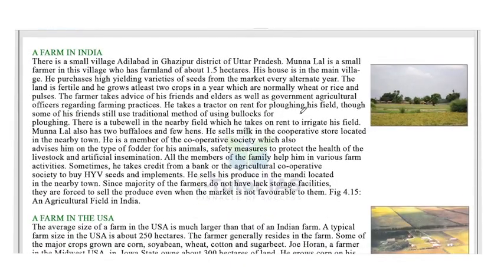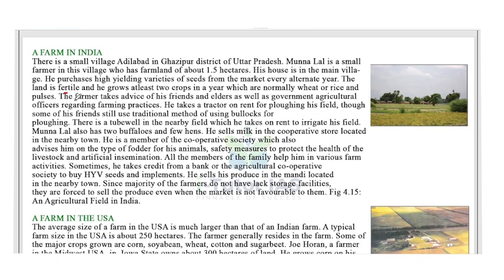Now, a case study. A farm in India. Look at this. There is a small village, Adilabad, in Ghazipur district of Uttar Pradesh. Munna Lal is a small farmer in his village who has farmland of about 1.5 hectares. His house is in the main village. He purchases high yield varieties of seeds from the market every alternate year. The land is fertile and he grows at least 2 crops in a year, which are normally wheat or rice